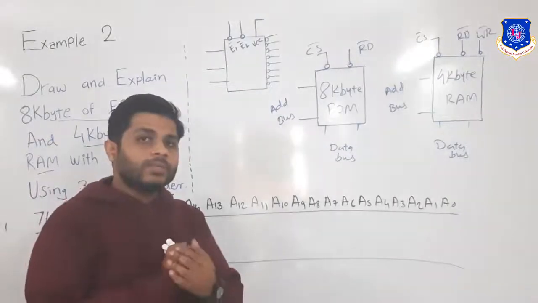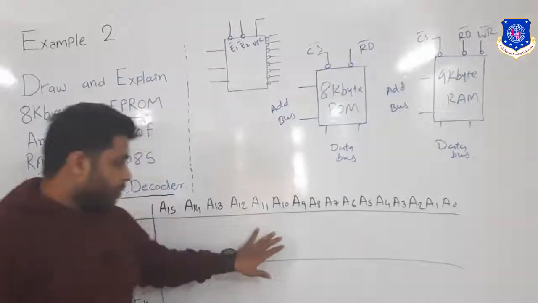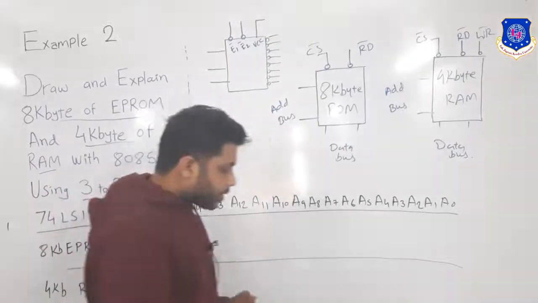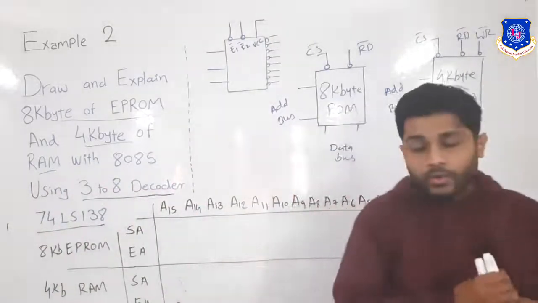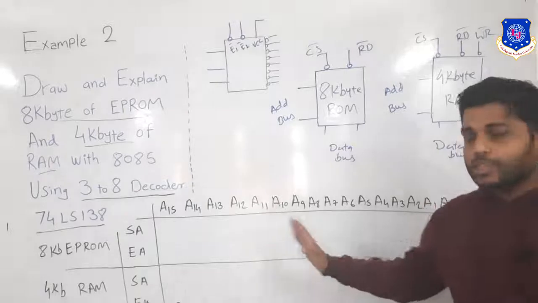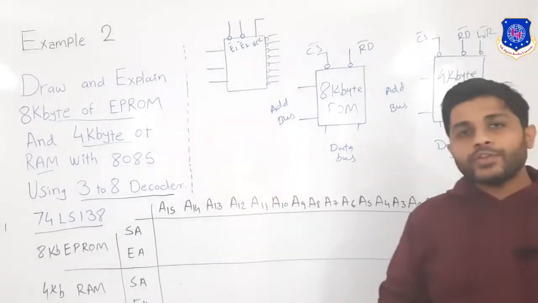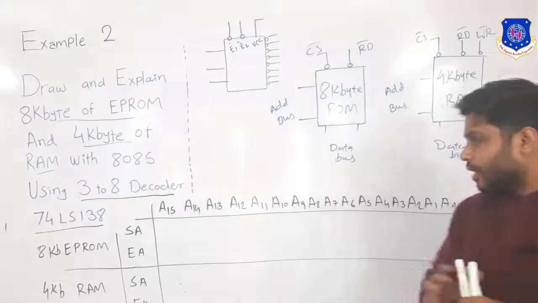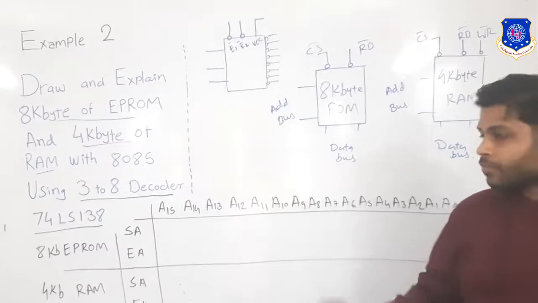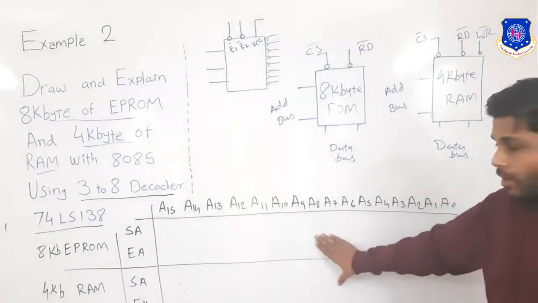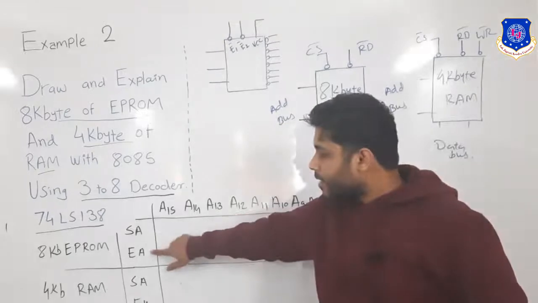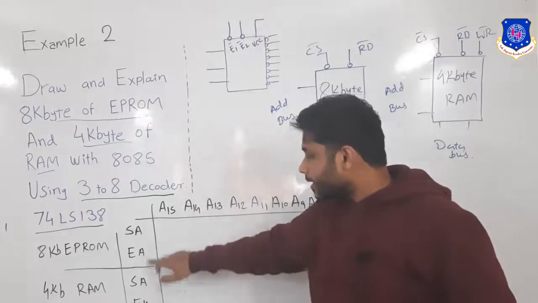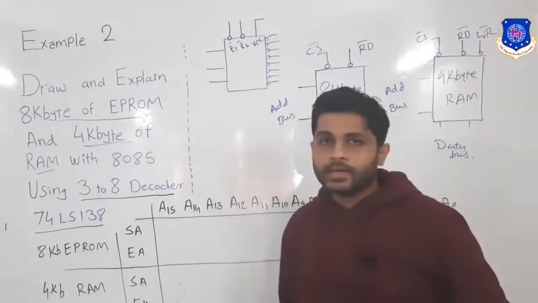Okay students, now the memory map table is present on the board. In the memory map table, you can see different things such as the address bus, which is A0 to A15. If you remember, for the microprocessor 8085, the length of the address bus is 16 bit, so A0 to A15, a total of 16 bits. Using the memory map table, we are going to find the starting address and the ending address of an 8 KB EEPROM, as well as the starting address and the ending address of a 4 KB RAM.